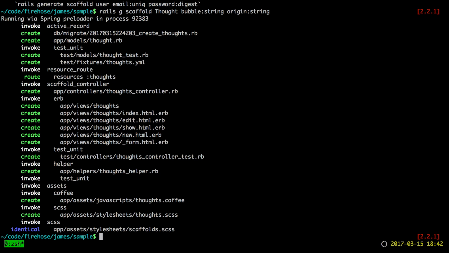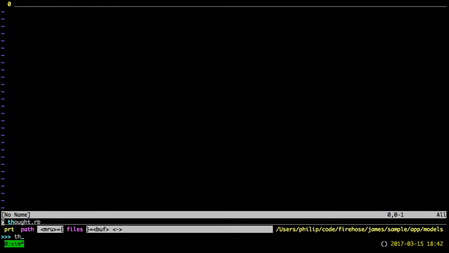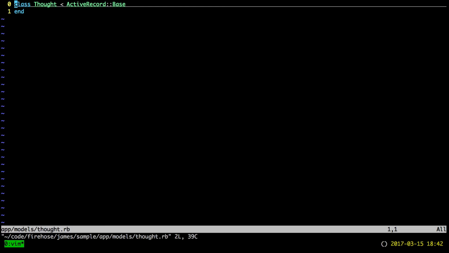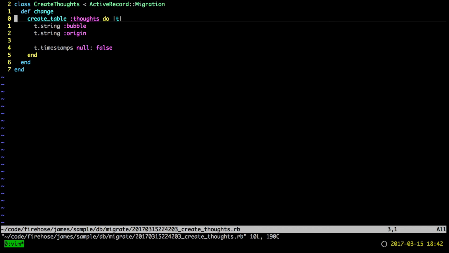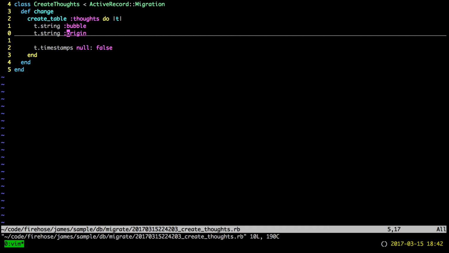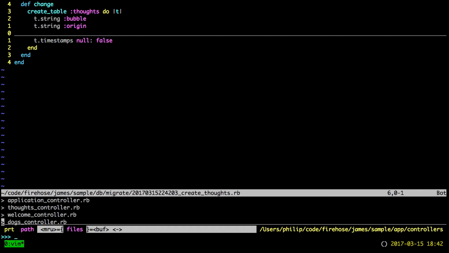I think that's fine. Let me see what it's making here. Yeah, I don't think it cared that it was capitalized. It made a migration. Let's look around in here. So here's your model. Let's look at the migration. Migration looks great, making a thoughts table with a bubble and origin column. And then the controller,